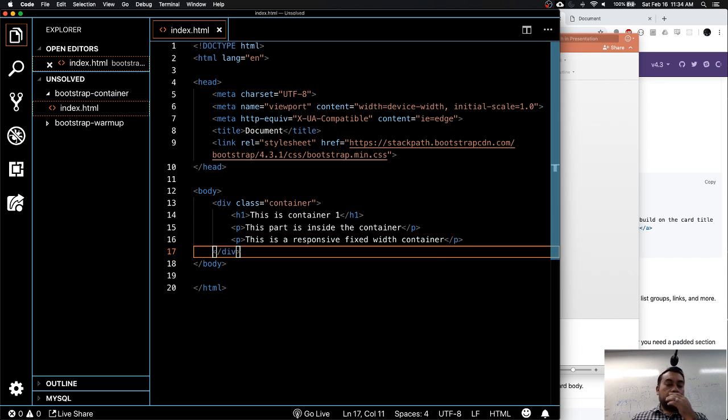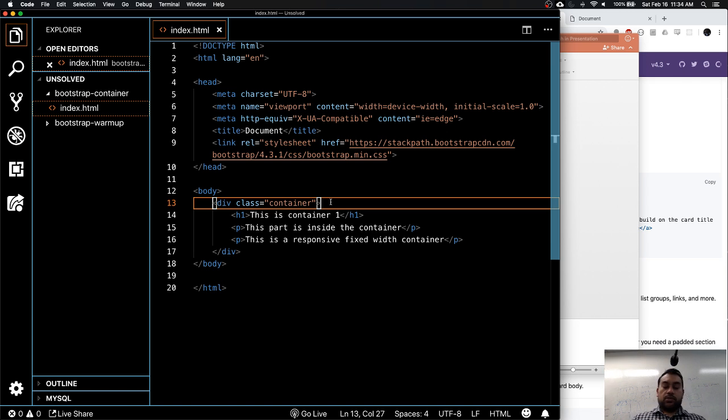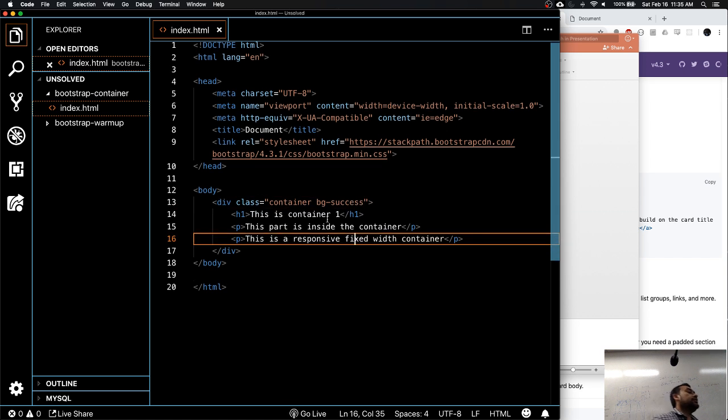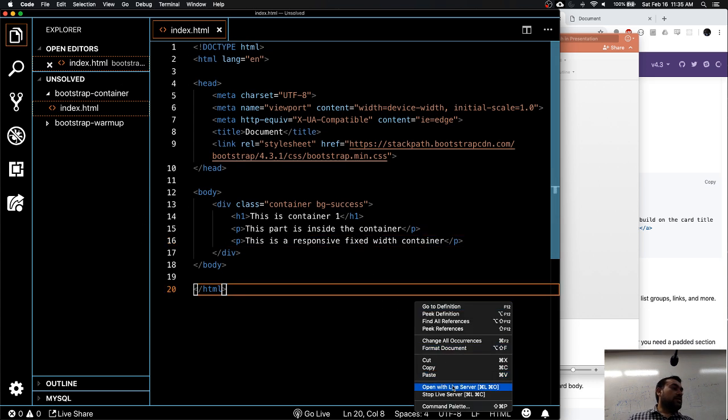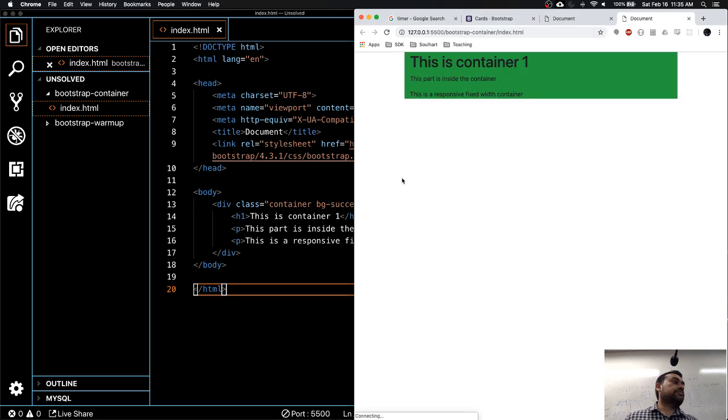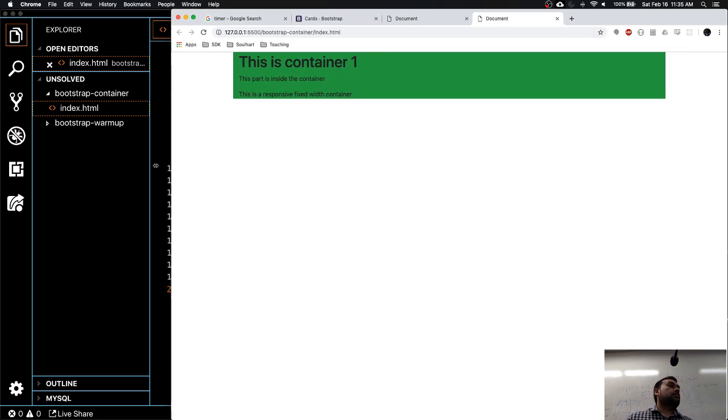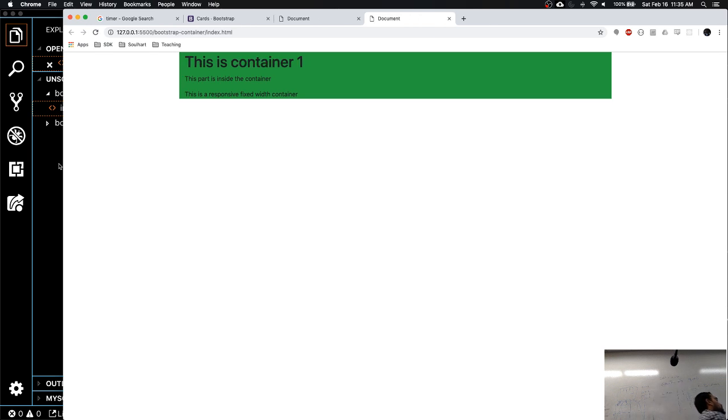Okay, what I did over here, container, that's the more important part. I want you guys to see the color, that's why I put it over there. Big success, I think it's a green color, so it's going to colorize this part. All right, so this is what the container is.